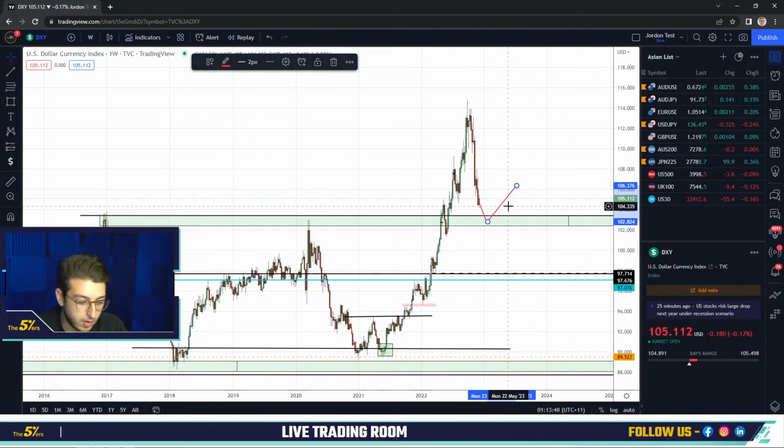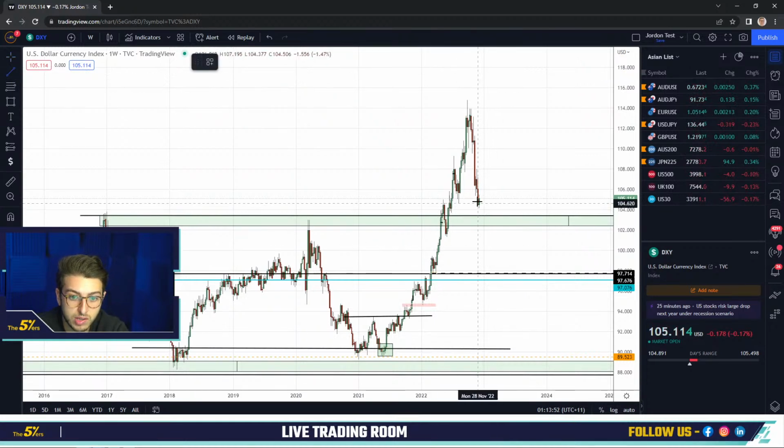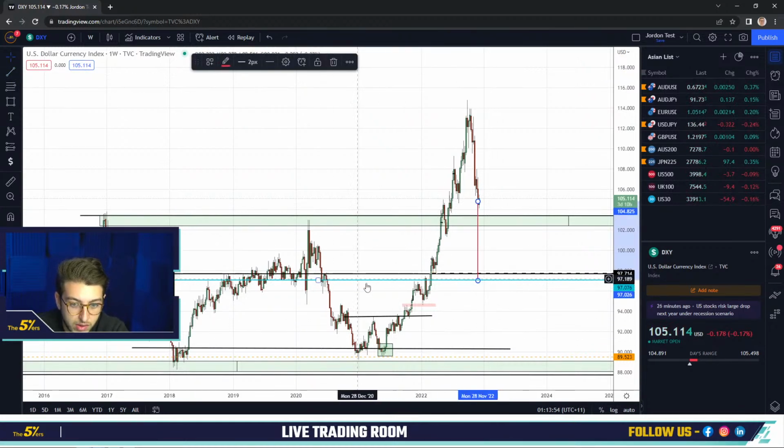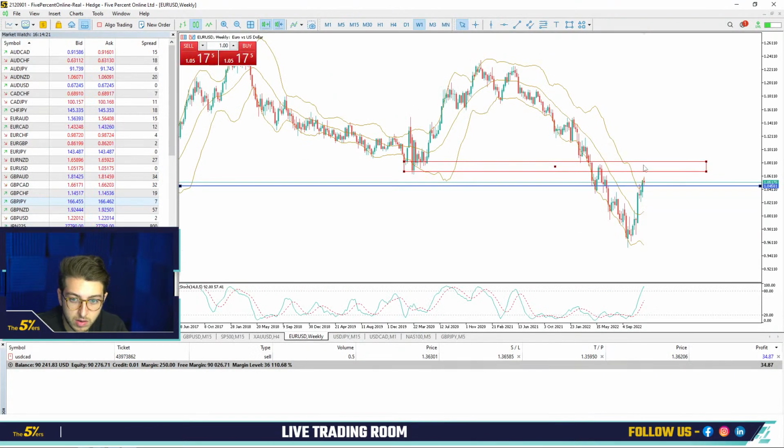So we will see. And of course we can have some very high impact news and the price can drop again straight to the range that we had between 2018 and 2022. Depends. I want to check the price action during this zone. If we have some consolidation, let's say ranging movement, it might be a good point to make a buy. So in the Euro USD, waiting for a sell.